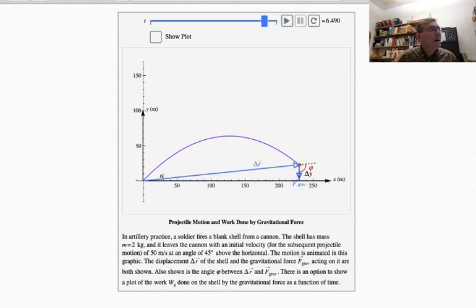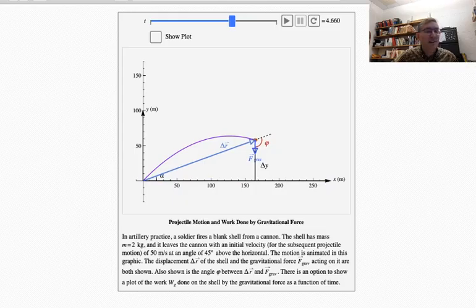Now let me drag it back a bit. Oh, how about like that? Because that's roughly like the static picture I just showed you, isn't it? There's the displacement delta r from the starting point out to where it currently is. There's F grav downward. There's the angle phi, and delta y is the change in the y-coordinate. So if I asked you to calculate